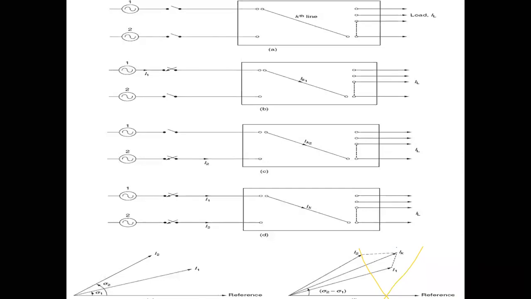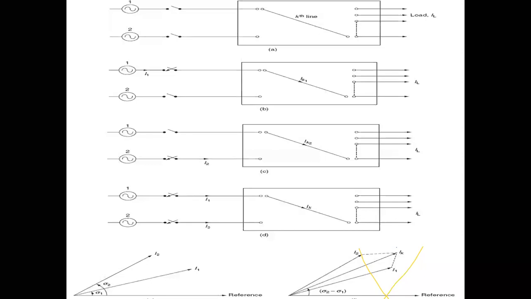Here we are considering one transmission network which has two generating sources and one load. The main objective is to find out the power loss. We know that the basic formula for power loss is 3 I squared R for three phase. So the main objective here is to find the current first. When we are able to find the current, then automatically we can find the power loss. We can find it by using the superposition theorem.